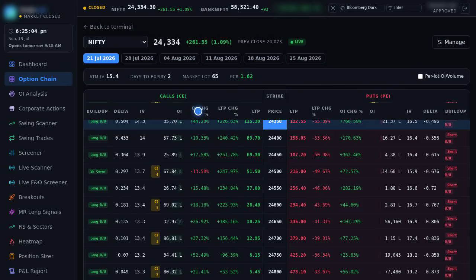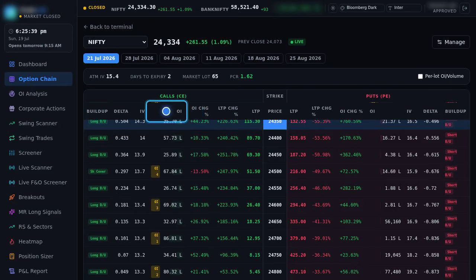When price rises and OI falls, that's short covering, sellers running for the exit, which pushes price up. And when price falls and OI falls, that's long unwinding, buyers giving up. You don't have to memorize all 4 today, but the idea is this: rising OI means fresh money and conviction, falling OI means positions closing and a level losing its strength. So the change column is how you tell a stale, forgotten level apart from one the big players are actively defending this very session.